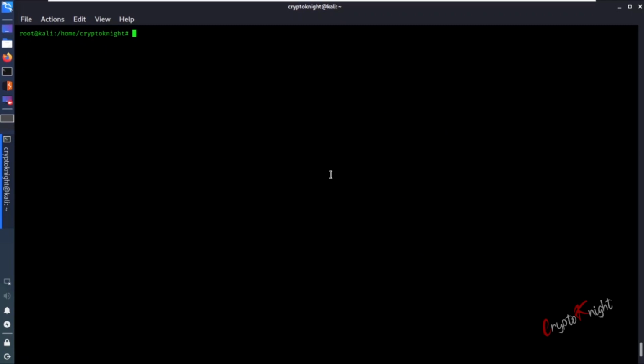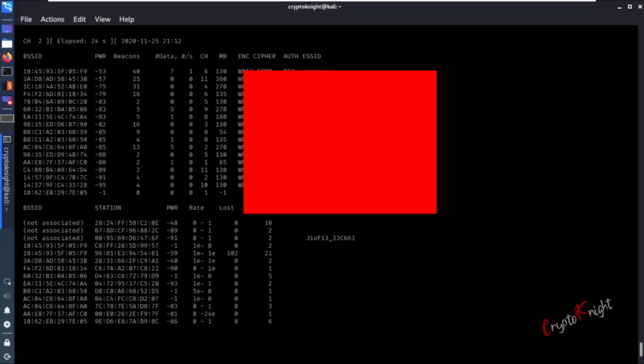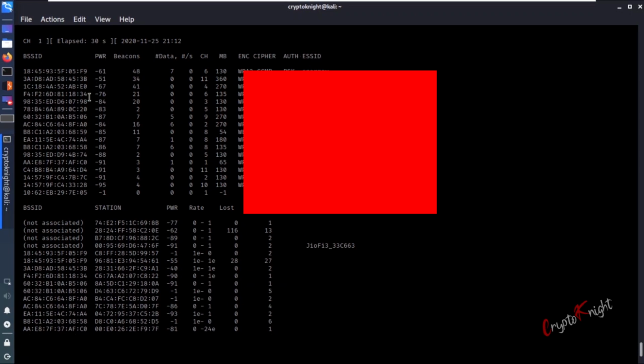And now it's time to sniff the air, to see what access points are present there and which channels they are working on. So what are access points? Access points are nothing but your routers and modems which are providing you the Wi-Fi. Simply use the tool airodump-ng and type the interface name. Now we are basically sniffing the air and we can see all the access points over here. Here we can see all the names. ESSID basically means the name of your Wi-Fi, and BSSID basically means the MAC address.